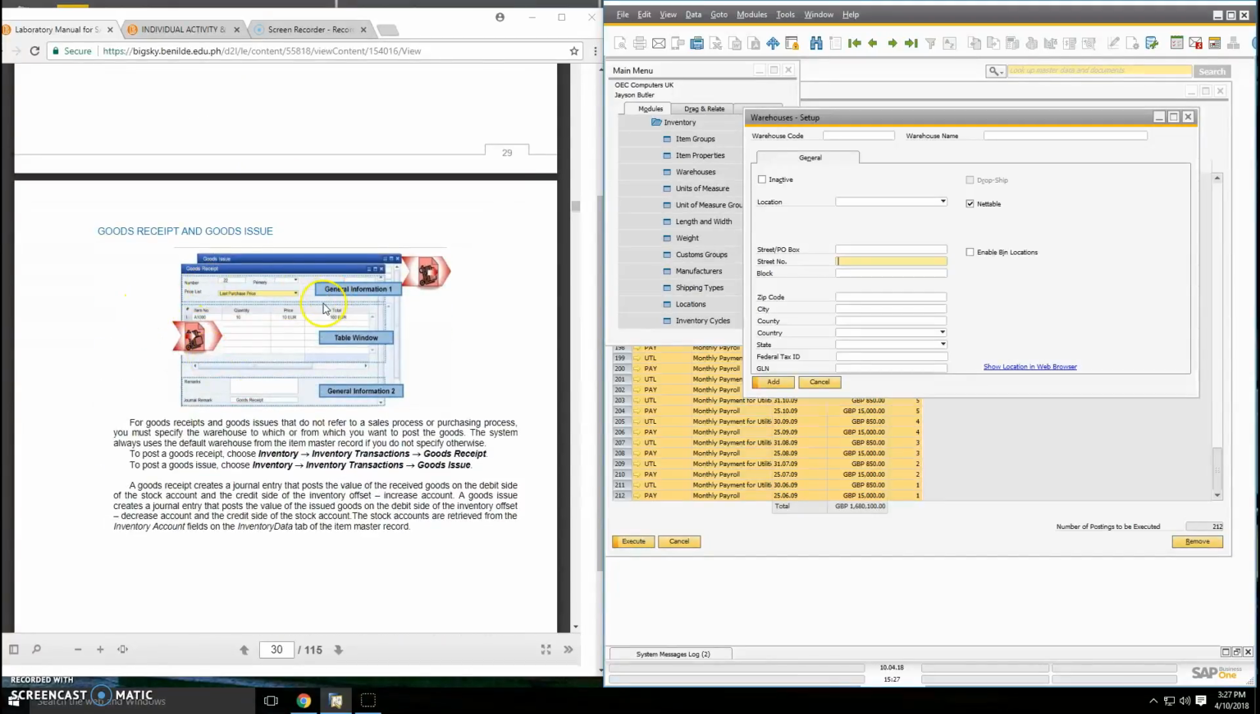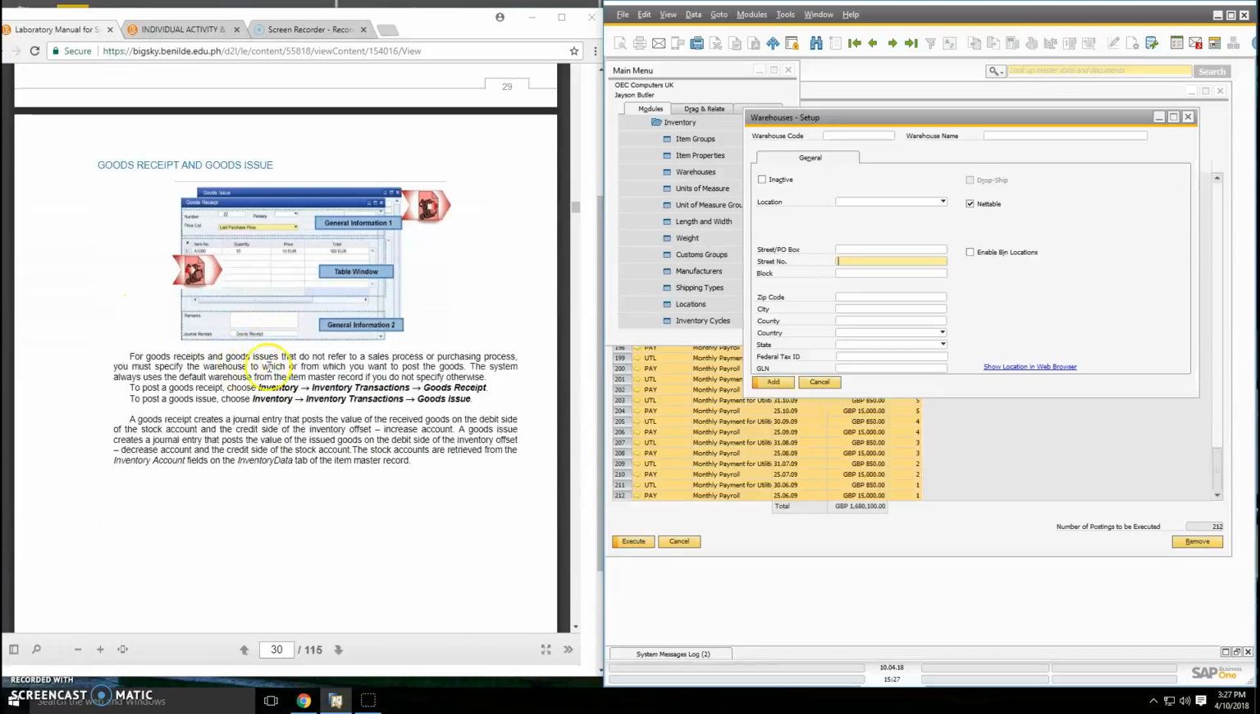Goods receipt and goods issue. A goods receipt and goods issue do not refer to a sales process or purchasing process. You must specify the warehouse to which or from which you want to post the goods. The system always uses the default warehouse from the item master data record if you do not specify otherwise. To post a goods receipt, use Inventory,